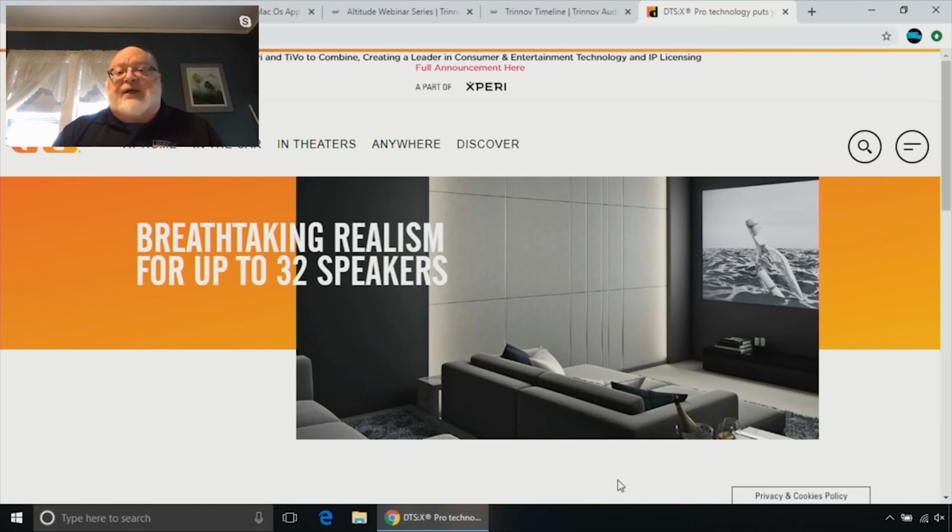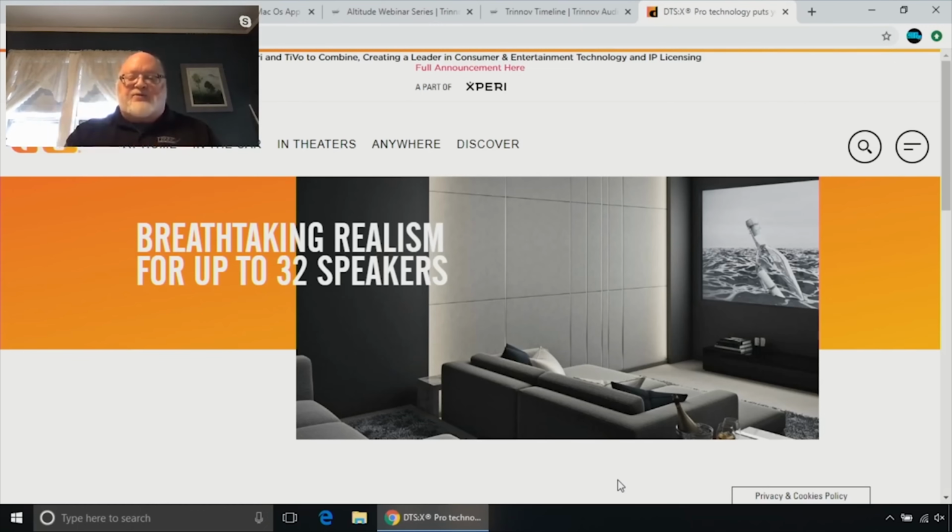Object-oriented audio doesn't work that way. The object is just a soundtrack. It's the output of one channel of the mixing board. And it can be any combination of sounds that the sound designer wants. But to keep it simple, let's say it's the sound of a bullet ricocheting. So instead of taking that sound of a bullet ricocheting and moving it from one channel to the next, to the next, to the next,